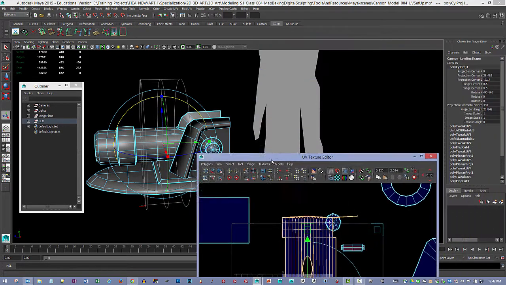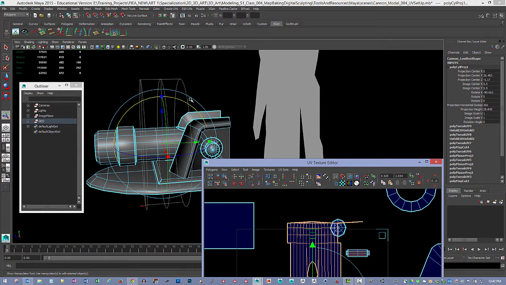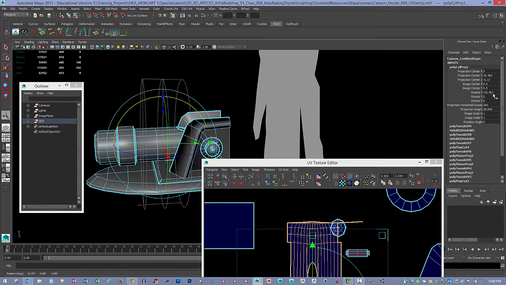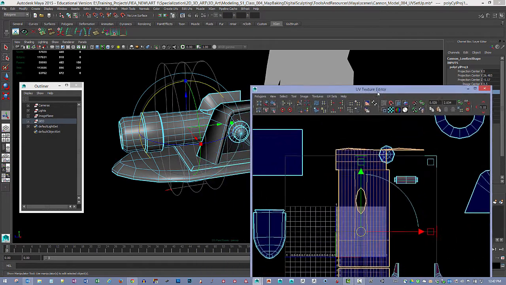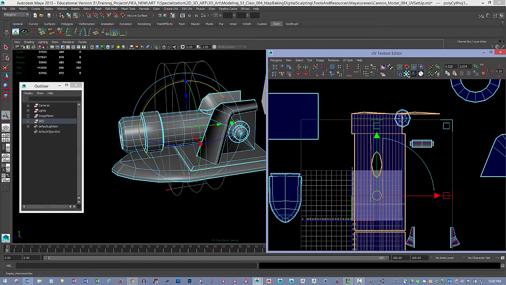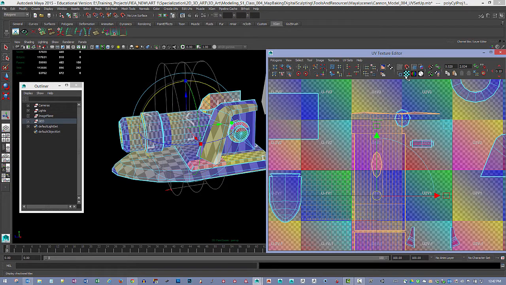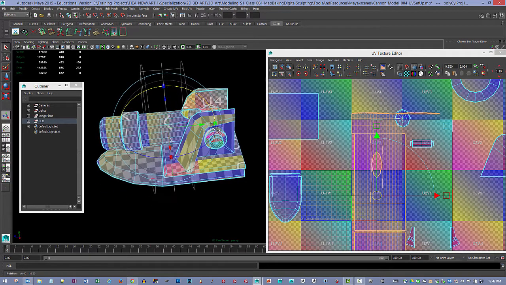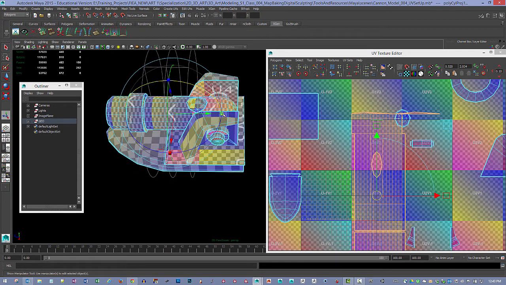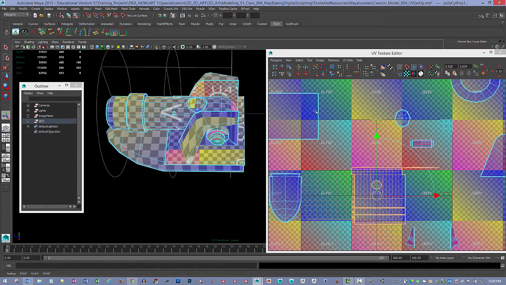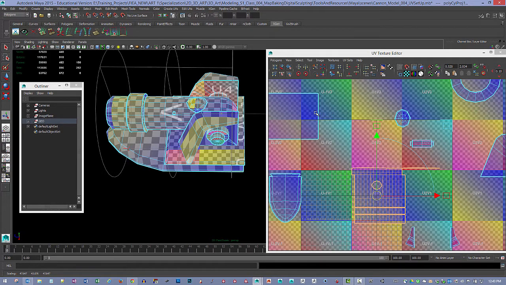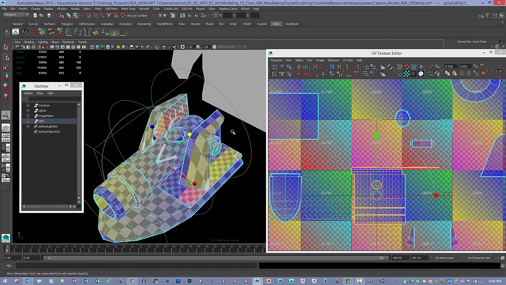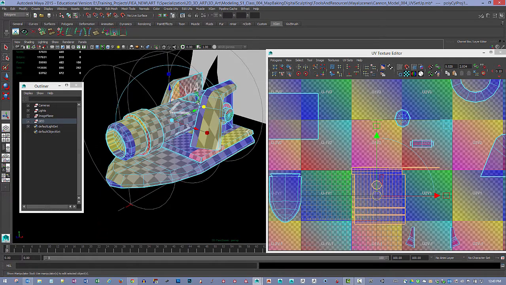cylinder. Now if I look at my channels box over here, you can see as I rotate this thing, it updates these values. So I need it to be a true rotation of -90 degrees, so we can just put that in there. And then the other thing is you can see how it's kind of really stretching this thing out. If I put the textured indicator on there, you can see how stretched it is. So we can click on the scale manipulator and then scale this out to make sure that all these little squares are actually as square as they can possibly be. So you'll just have to kind of fiddle with it a little bit, and I'll put it back on the